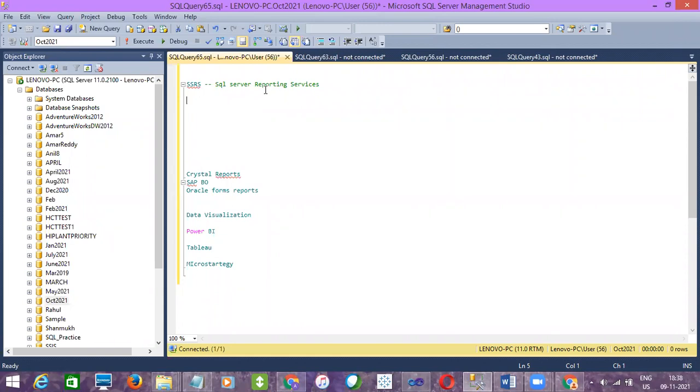So when it comes to SSRS, like SSIS where we have control flow and data flow, we do have an architecture for SSRS. Let's discuss the SSRS architecture.